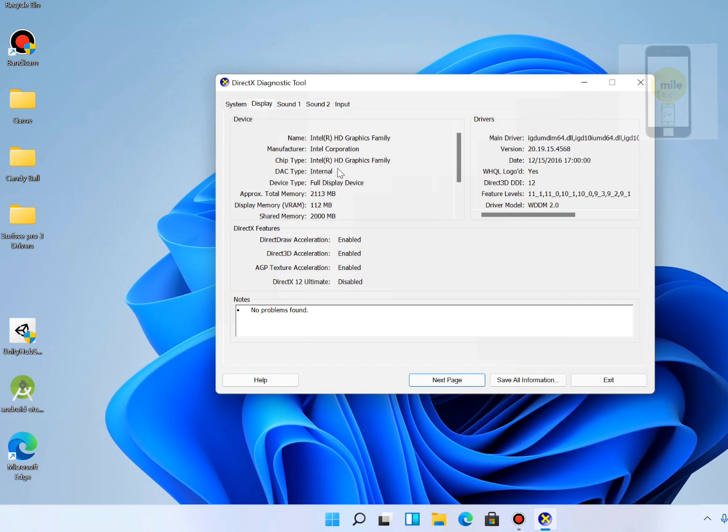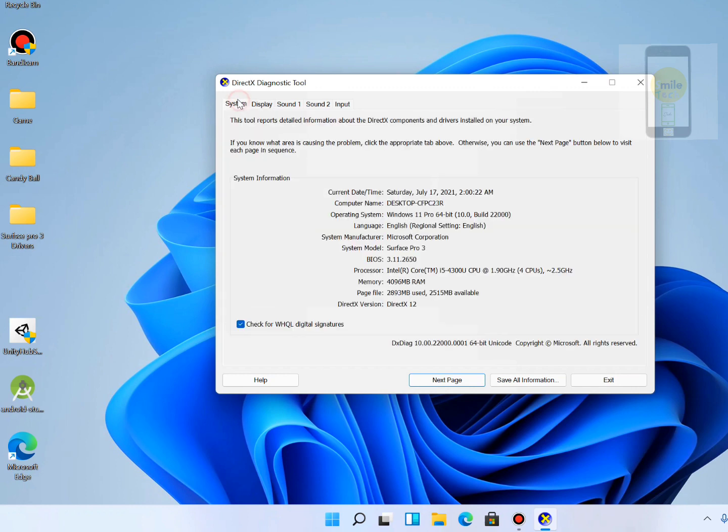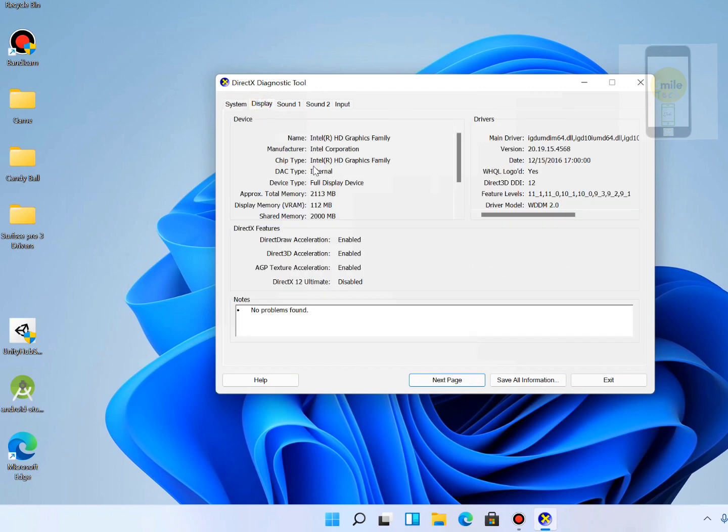Now, if you see, my system is the Surface Pro 3, which comes with Intel HD standard graphics card inbuilt. There is no external graphics card here. So if you see, it says my memory is 2000 MB and so on. If I come here, DirectX features says DirectDraw acceleration enabled, Direct3D acceleration enabled, AGP texture acceleration enabled,